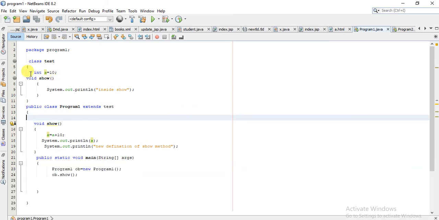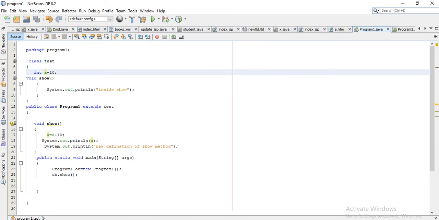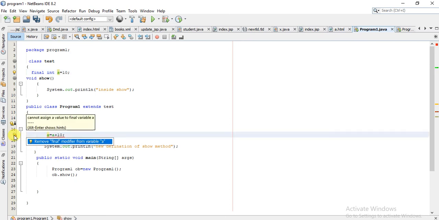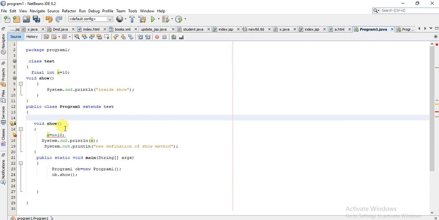Now what if I use final with the variable? See, now this line is giving an error: remove final modifier from variable a. Since we have made the variable a final, it cannot be changed.